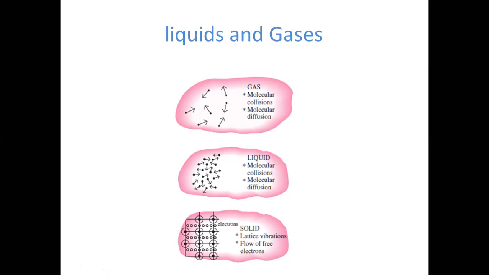But when the position of the molecules is far away, there will be less conduction. Obviously the heat will be transferred, but that transfer of heat is not because of conduction but because of another mode, called convection. We will see convection later. Again here, as the molecules are more and more away, the conduction will be less, but the heat is transferred due to convection.